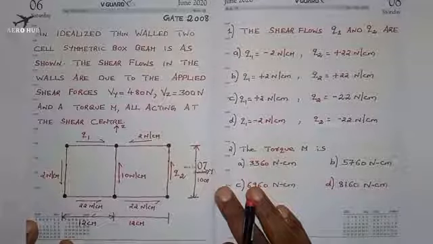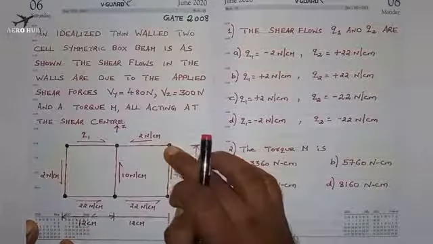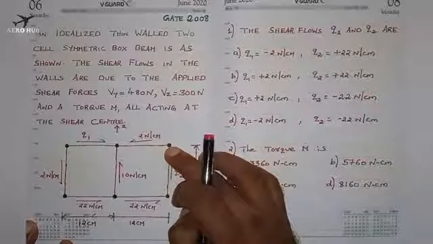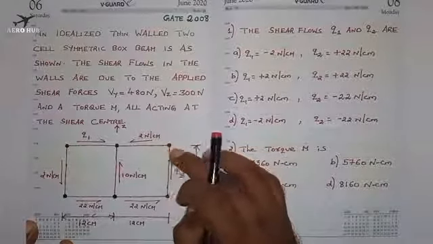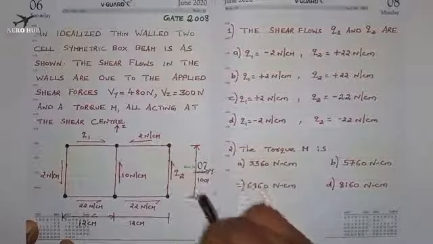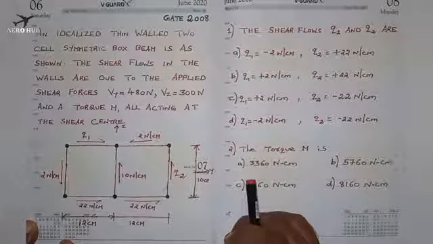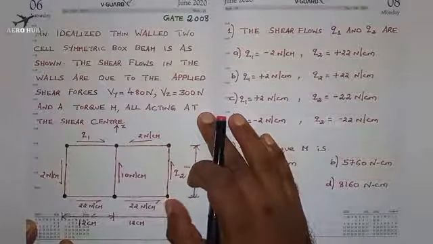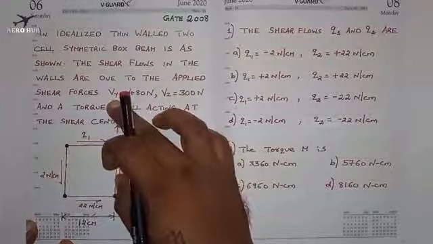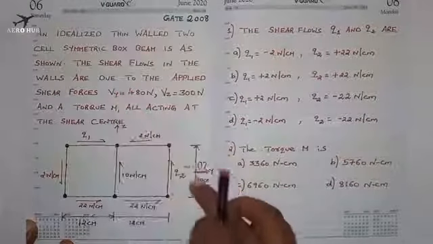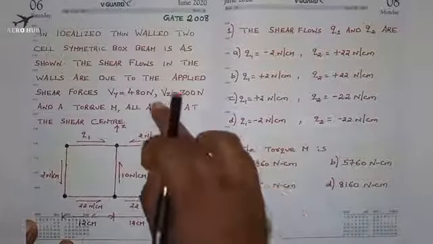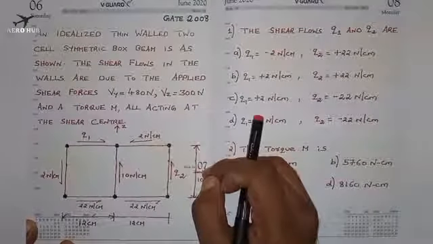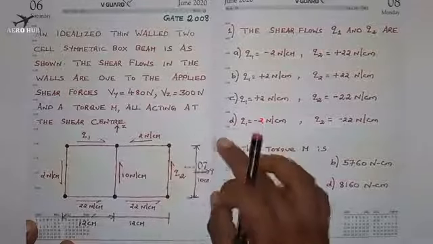Before that, you have to understand that here they haven't given the value of boom areas. Normally we find the moment of inertia from the boom areas, then we proceed with the problem. Here we don't have the values of boom areas. That's one of the important problems in this question. And they have given shear forces. We are applying shear forces along the Y direction, that is the horizontal direction, as well as the vertical direction, that is Vz equal to 300 Newton, and Vy along the horizontal direction as 480 Newton.